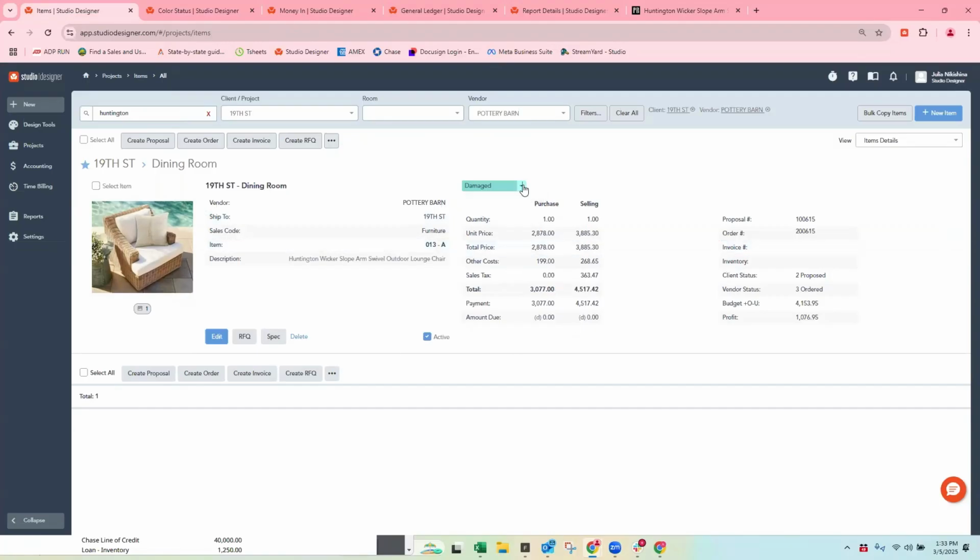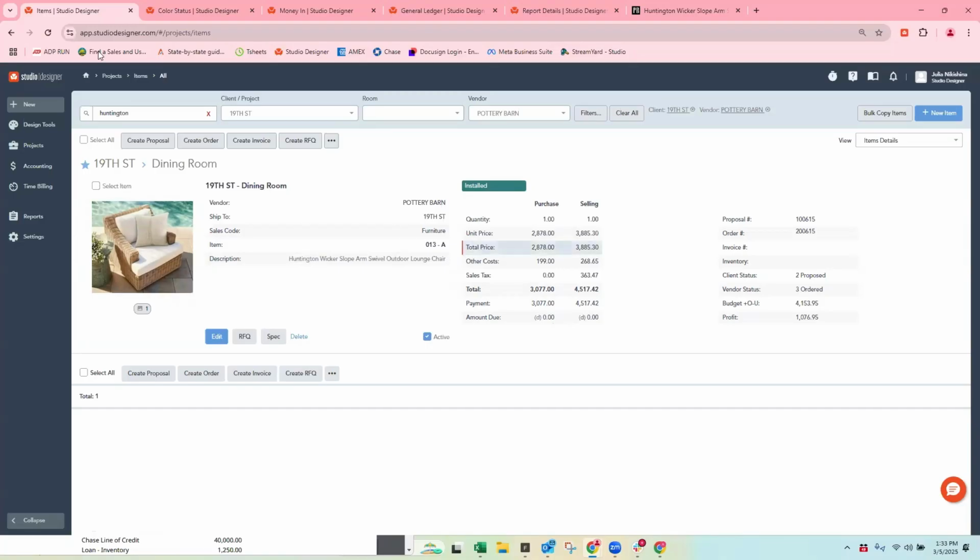Let's say this item has been installed. What that means is that we're ready to close the accounting cycle. Everything on the accounting side is done. I made it this very lovely dark teal, and I'm telling everyone that the goods are no longer in my possession. Transfer of ownership has occurred. The chair is now installed at the client's home. So what do we want to happen next?